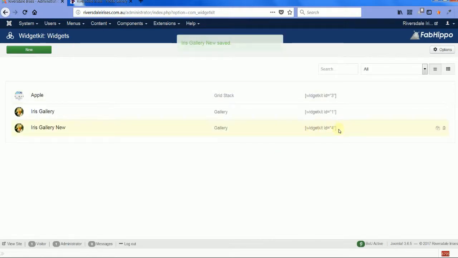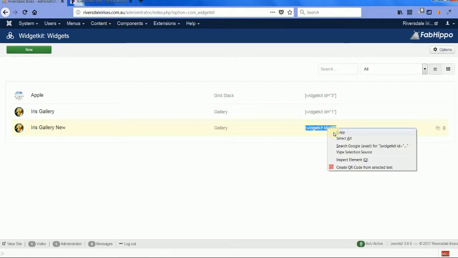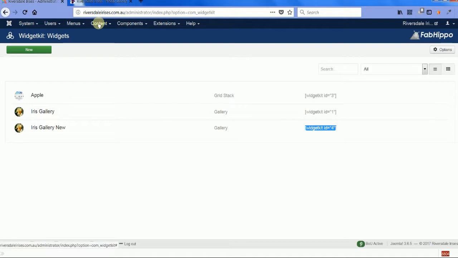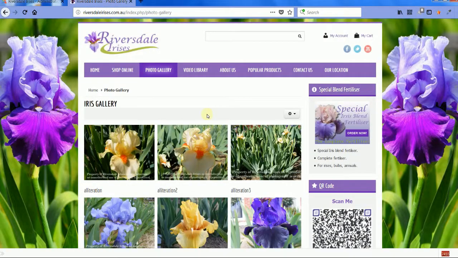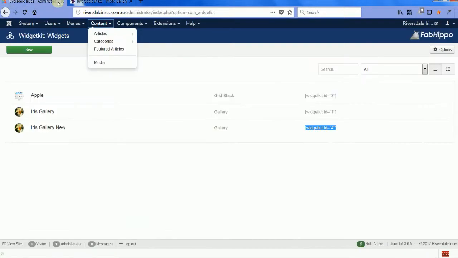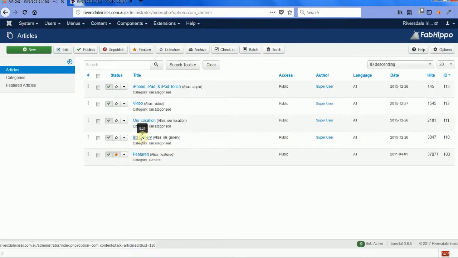Now what you will notice is this short code here, this little tag. This is what we need. So we highlight it, only it, not any spaces, and we copy it. And now we need to create something that can show it. So this iris gallery here is an article. So we go to articles. And there's our iris gallery article there. And if we clicked on that to open it,